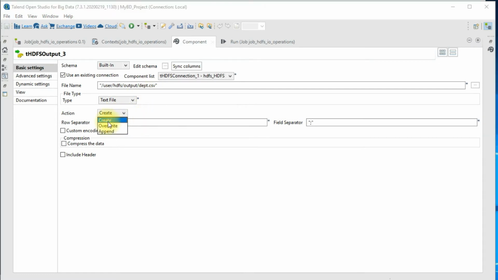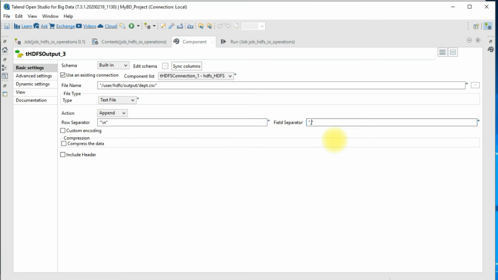Action is going to be just a create, because this is a brand new file. If you want to overwrite, you can choose this option, or if you have new data coming in every day, you can even choose append. So what will happen when you run the job next time? It will be in append mode, and the file will keep on increasing. This is the best operation to perform if you want to keep the historical records as well, which in most cases everyone does. We have an option to specify a row separator and a field separator.